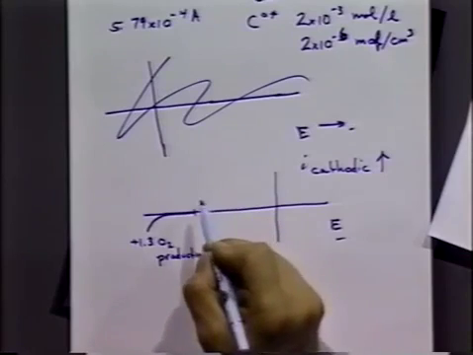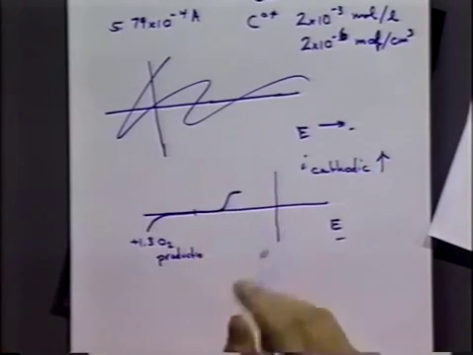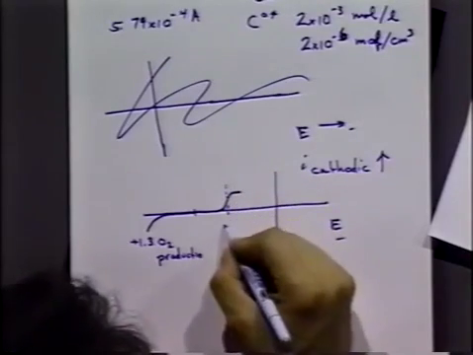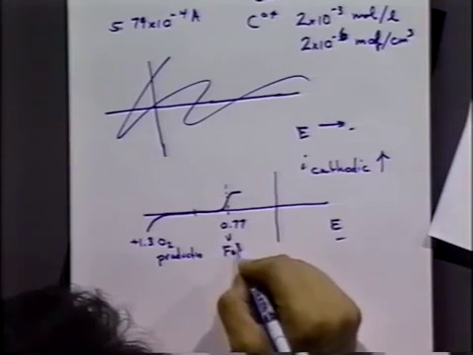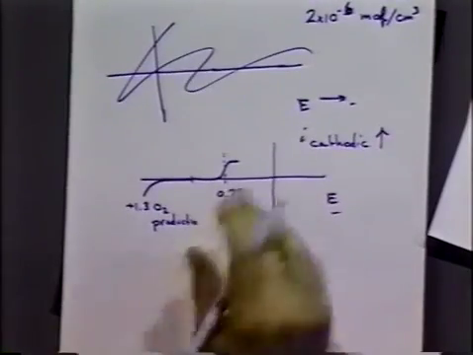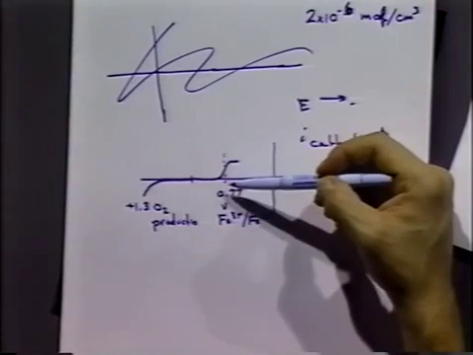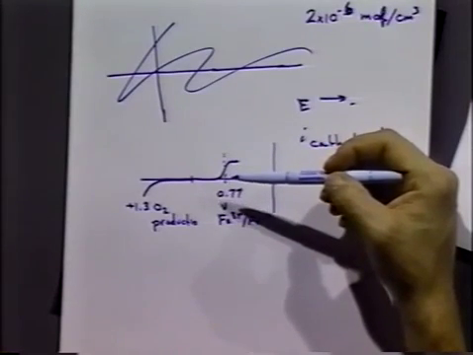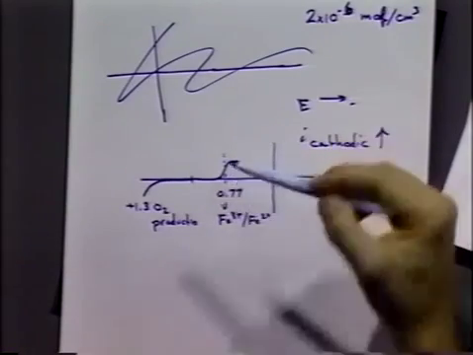Then if we go to about 0.77 volts, we'll see a curve like so, and that's going to be the iron 3 plus 2 plus couple, all right? And the important thing to think about there is that the half-wave potential will be the E0, and that's true because it's a Nernstian equation, it's a reversible equation. So in that case, the E1/2 is equal to E0,